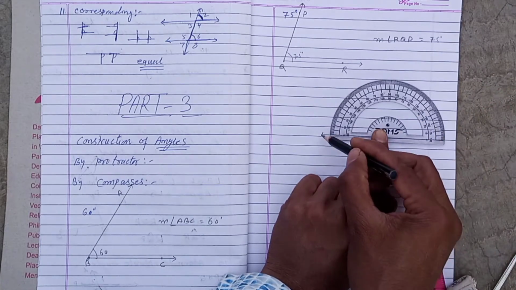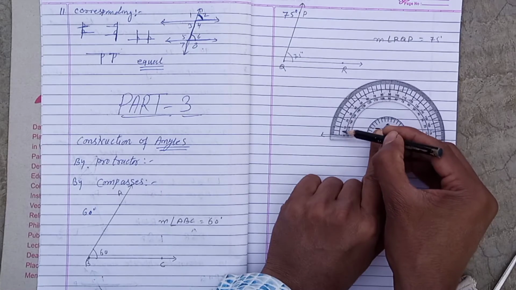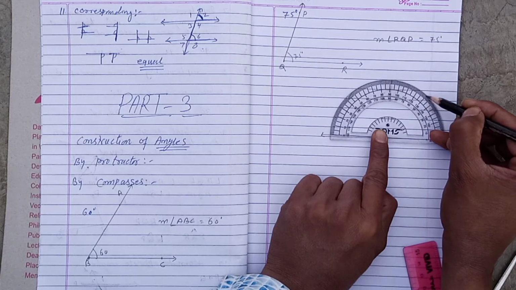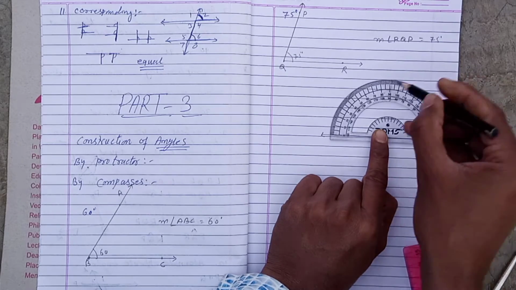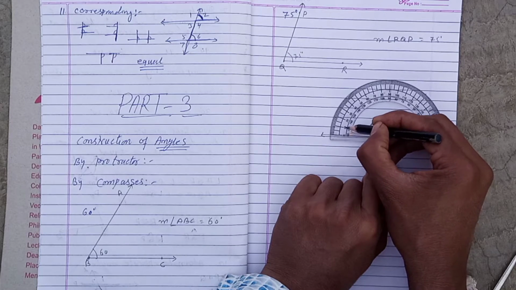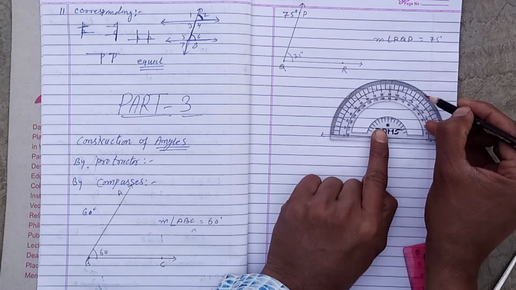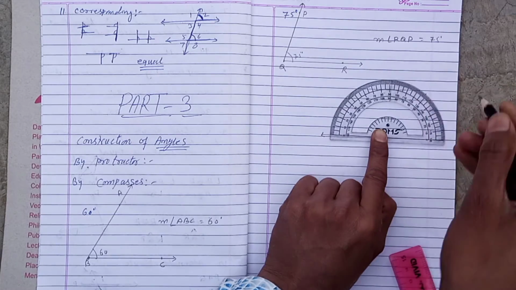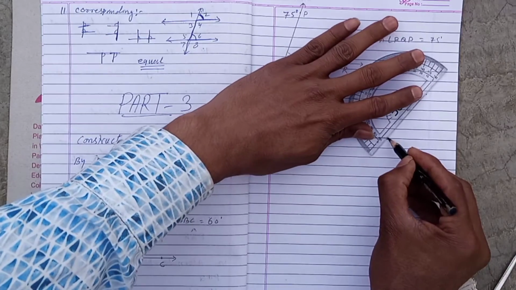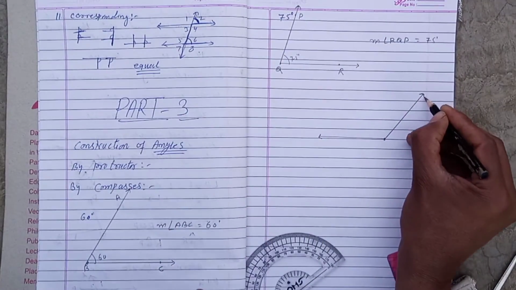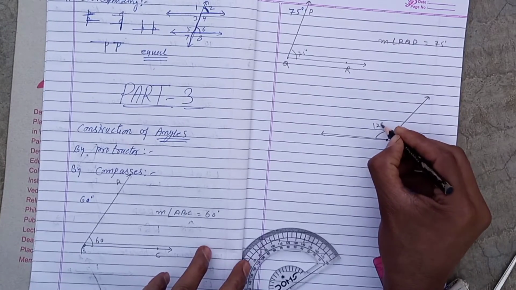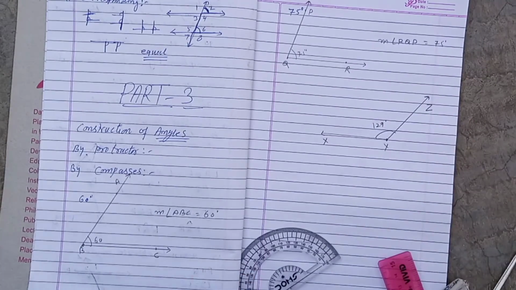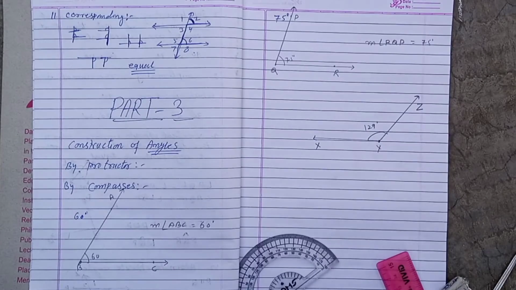Now we are going to construct the angle 129. So this side is the line. This side 0 we are going to take, and this is 120, and 129 means 30 minus 1, here 1 number. In the middle there are 10 lines, 0 to 10. Counting one line, that is 20. After that counting 9 lines, then 129. So here we joined the line at 129 degree. This angle is called 129 degree. A name you can give, suppose X, Y and Z. So this is the process to construct an angle by the protractor.